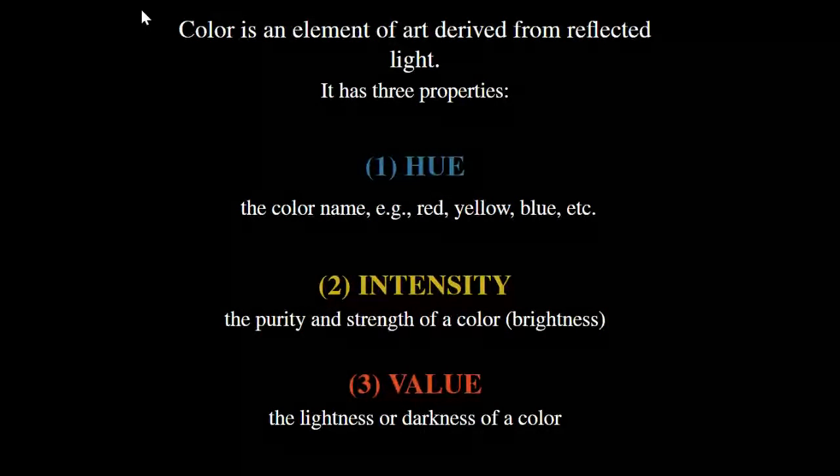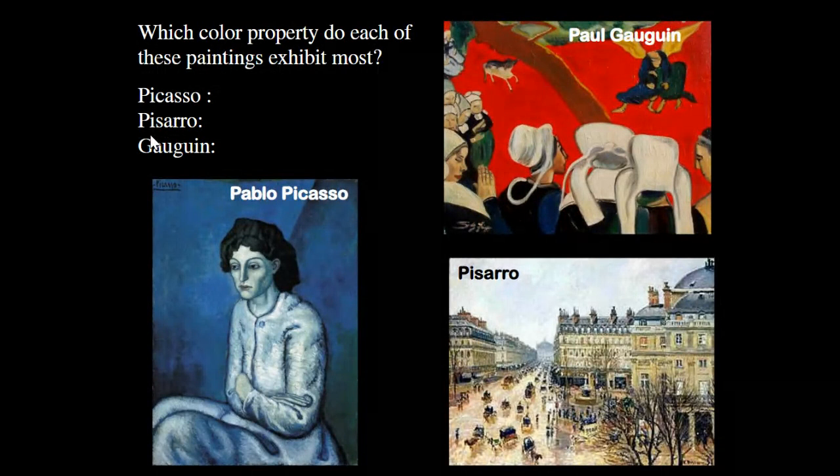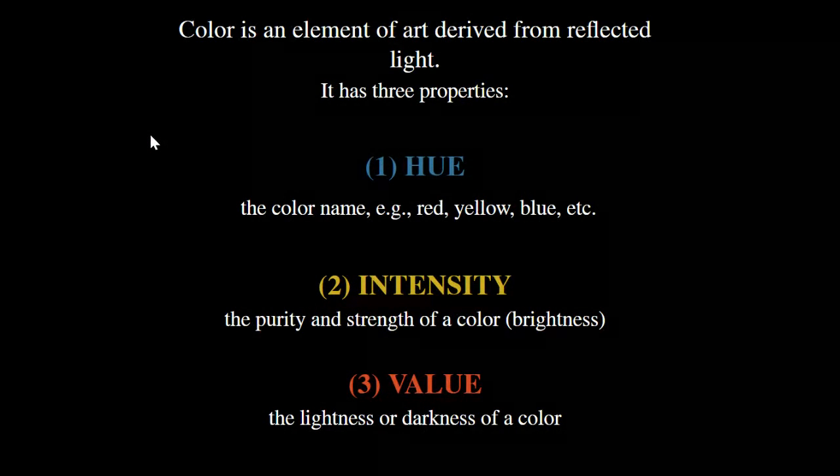Does everyone have the definition down? Good to go? Yeah. Okay, quick recap. Hue is the color name. Intensity is the purity and strength of the color, so how bright it is. And value is just like the value scale. That's not on your sheet. But